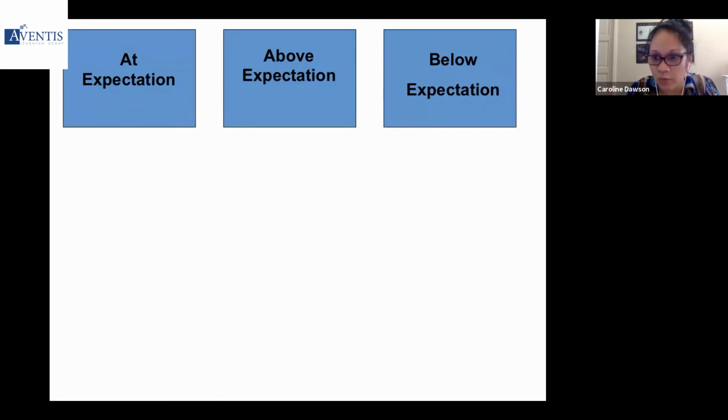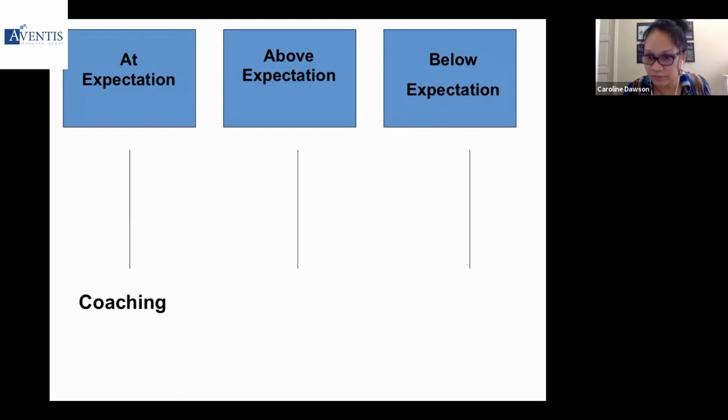Now, this is an easy thing for you to take note of. If this person is performing at expectation, right? Don't think too much. Coach them. They can get the job done. Does it sound familiar? Does it make sense, by the way? That's why you heard of things like basketball coaches and so on and so forth, right? You can do it. I'm just there to give you this added support, for example. So the approach that I will use is coaching. There are, of course, templates on how you would coach someone, depending on which leadership style you adopted previously when we talked about it.